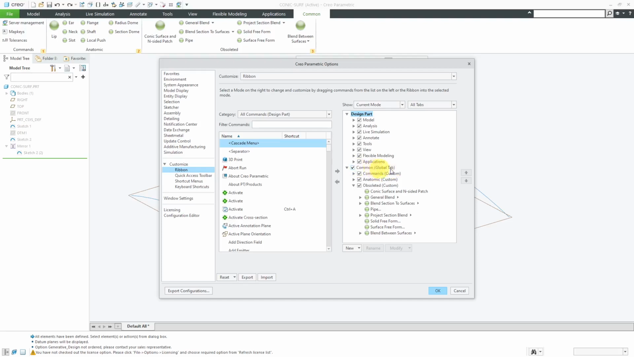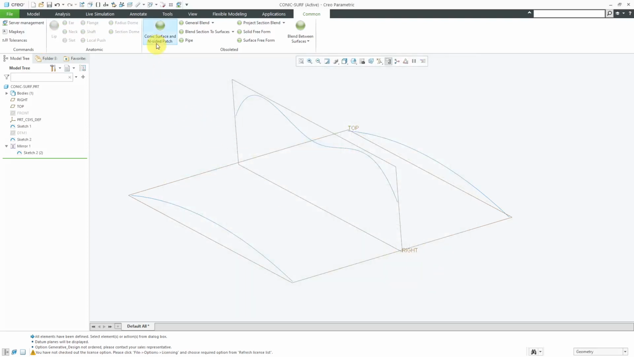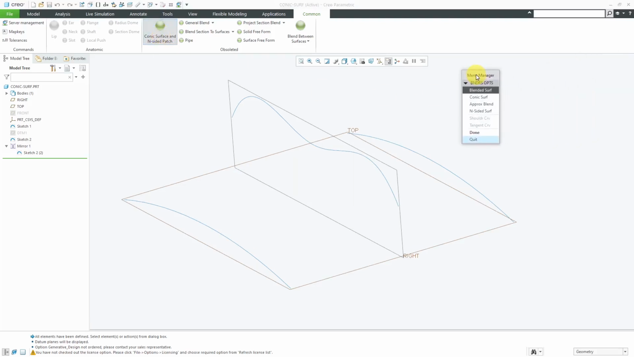The nice thing is if you add commands to the Common tab, they will be available in all modes of Creo Parametric for which it is possible. So let's cancel out of here. Again, let's take a look at this Conic Surface command. I will click on this and we will get a menu manager with a bunch of different choices of surfaces